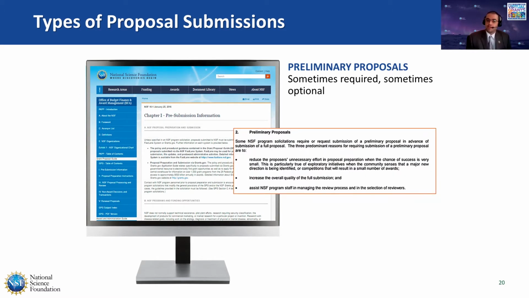Compared to that, in some solicitations, however, we have preliminary proposals, and again, they are sometimes required, sometimes optional. And the purpose for requesting a preliminary proposal first is to reduce the proposal burden. So usually pre-proposals are smaller, and I will refer again to programs within SCIENCE. We have the Expeditions program. This is one of the largest programs in terms of the funding and duration for SCIENCE. And here we ask the